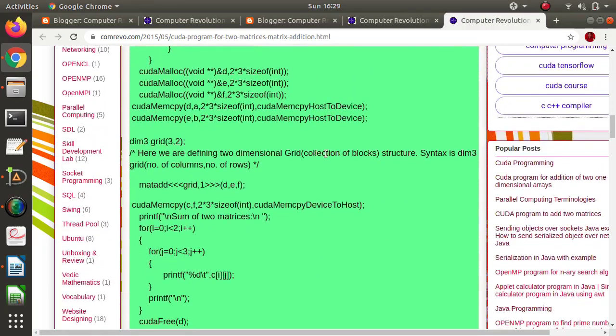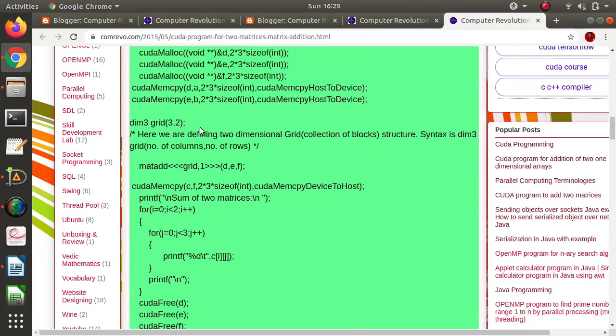If we compare the previous program and this program, look at this. This is the name of the kernel, and these are the parameters that you are passing. Here are two terms in the triple angle brackets. The first term is the number of blocks and the other is the number of threads per block.